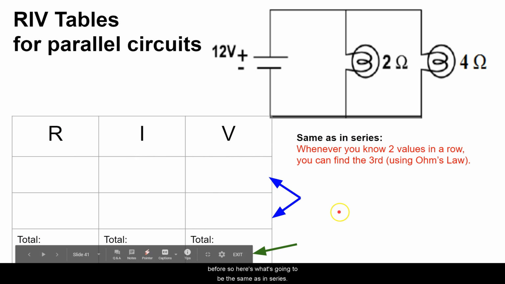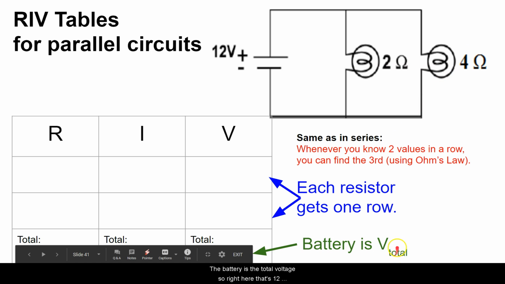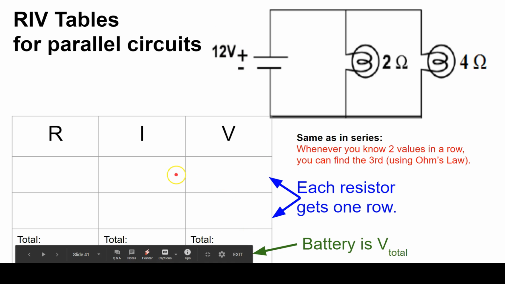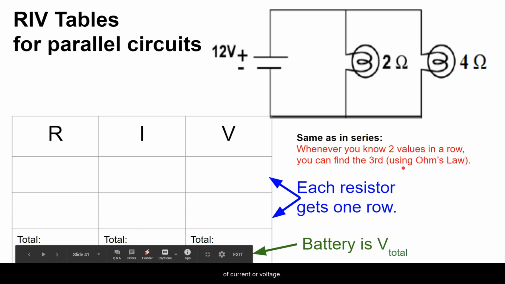So here's what's going to be the same as in series. Whenever we know two values in a row, we can find the third using Ohm's law. Each resistor gets its own row. So the 2 ohm resistor, or it's the light bulb, but we can treat it like it's a resistor, that will get its own row, and the same for the 4 ohm resistor. The battery is the total voltage. So right here, that's 12 volts. That's what goes down at the bottom. And then the totals are going to represent the total amount of current or voltage or